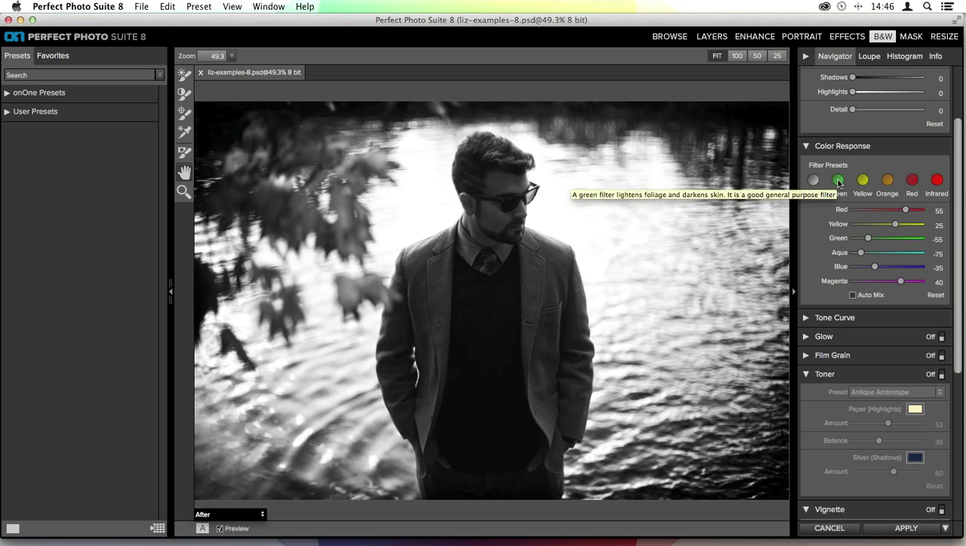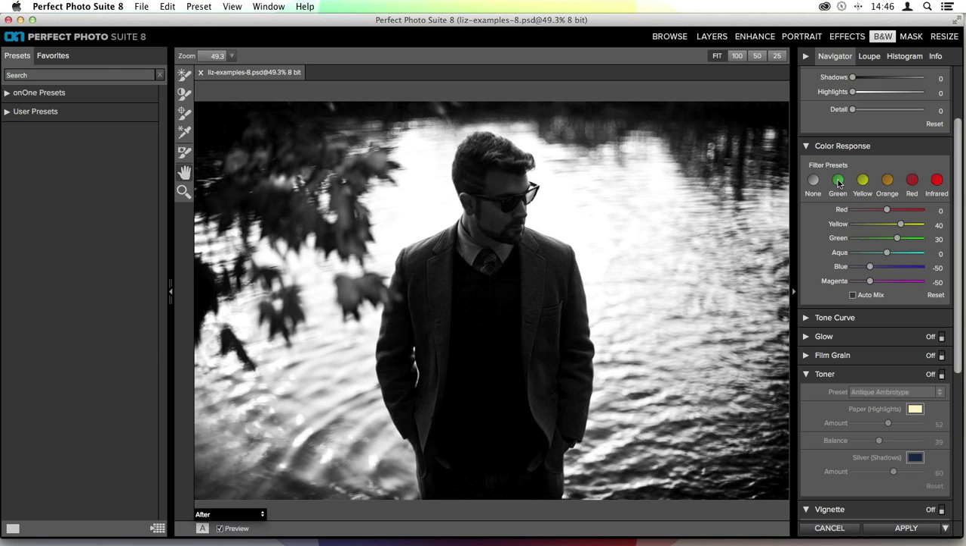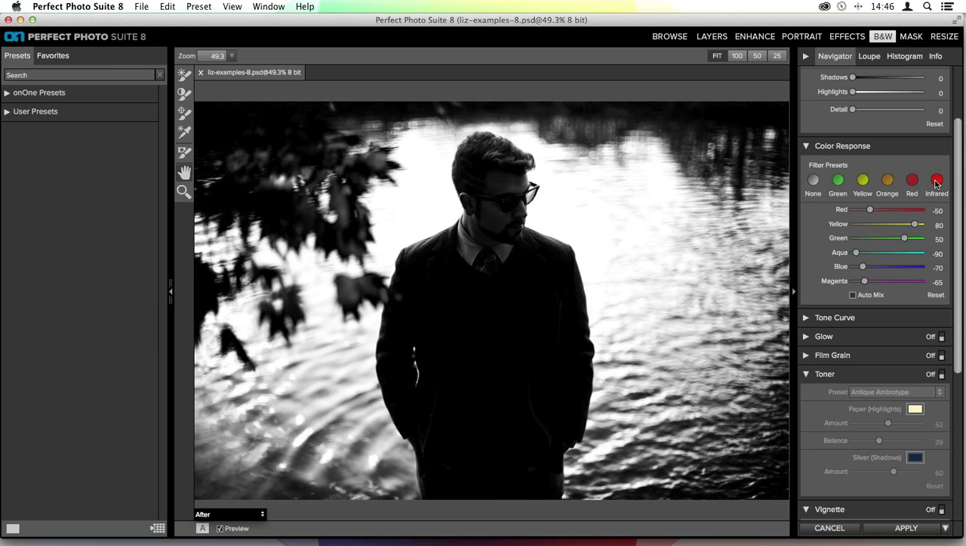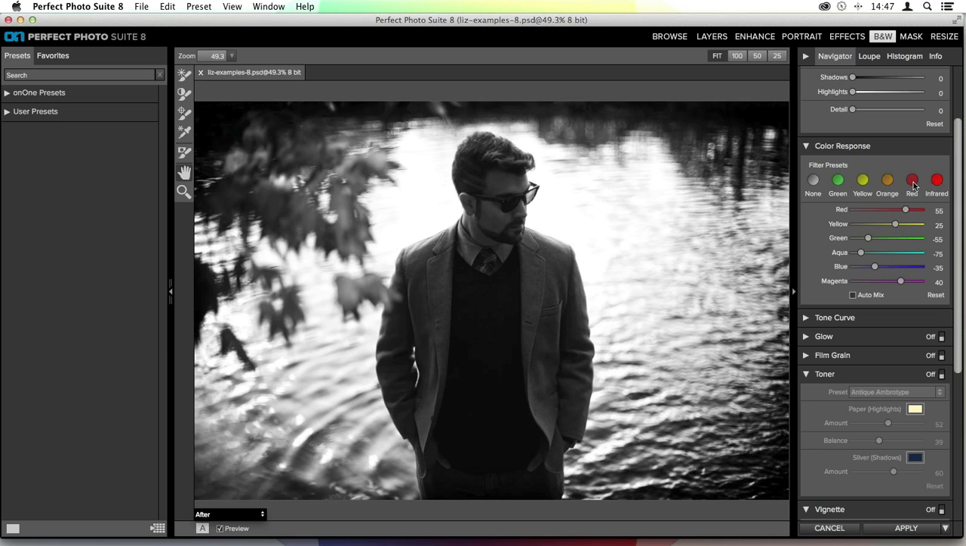We could click on the green filter, which is going to darken most of the reds. We also have an infrared preset, which is going to do some very strange things to the image. It doesn't work quite as well for this photo. It really, really blacks out all of the reds and the magentas, but it lightens all of the yellows and the greens. So it can create these very strange black and white images. So you can play around with which preset is going to work